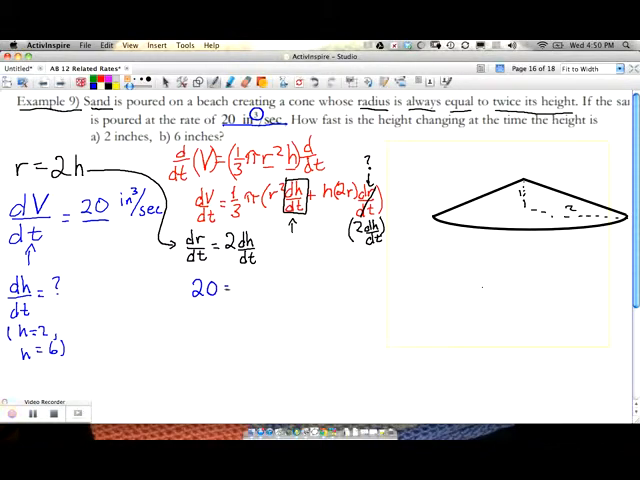20 equals. And then the 1/3, that's just a constant. 1/3 pi, or pi over 3 if we want to write it that way. Now we know that h equals 2. And if we plug that in here, that also tells us the radius is double the height, so r equals 4. So this is going to be 4 squared times dh dt